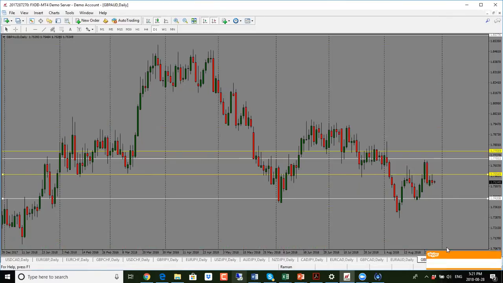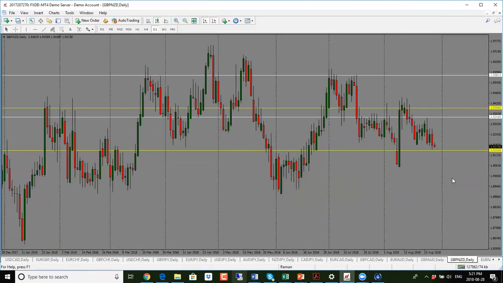1.7420 will be the target to the downside for Pound Aussie. Pound New Zealand, this one is looking bearish, looking for price to drop further, and 1.9050 will be the target to the downside. This whole inefficient move here, looking for a fill of that move. So bias is to the downside. Target is